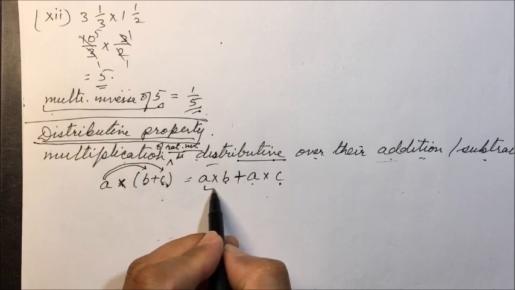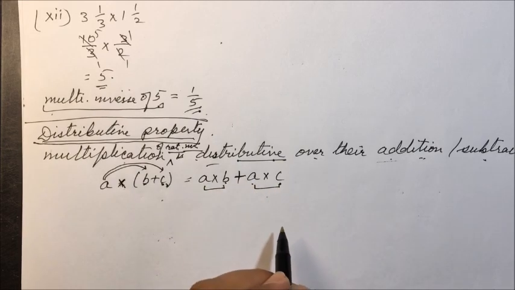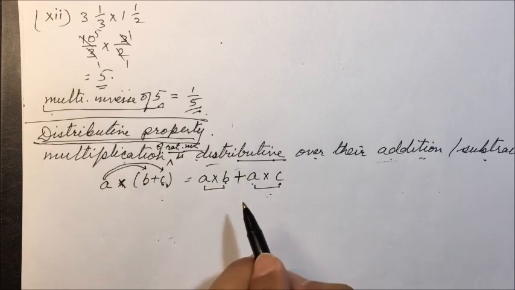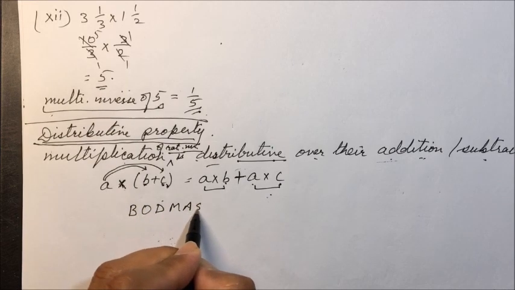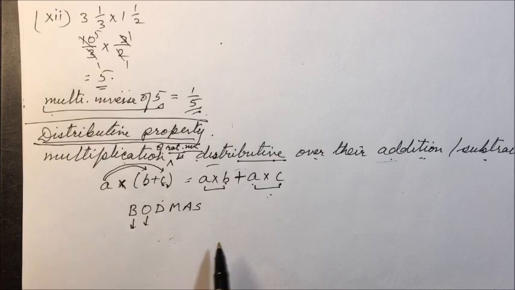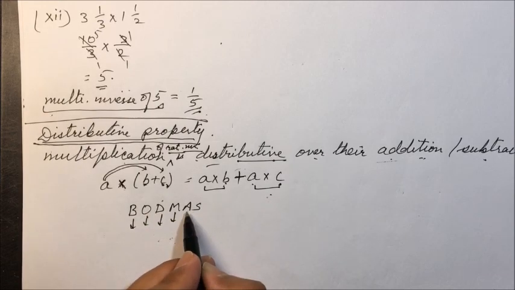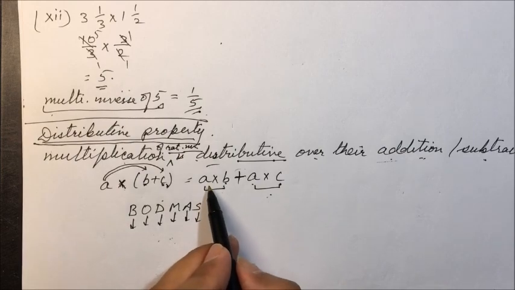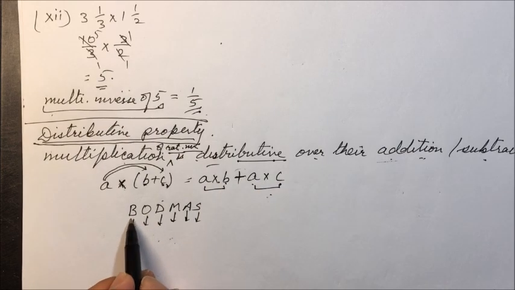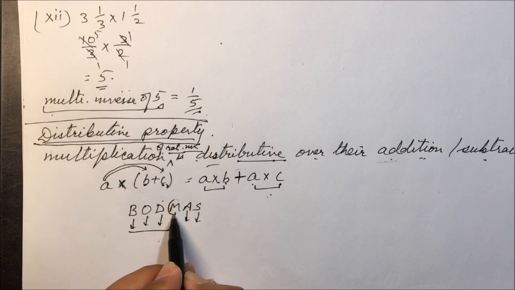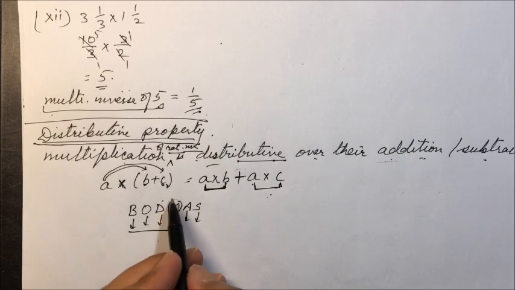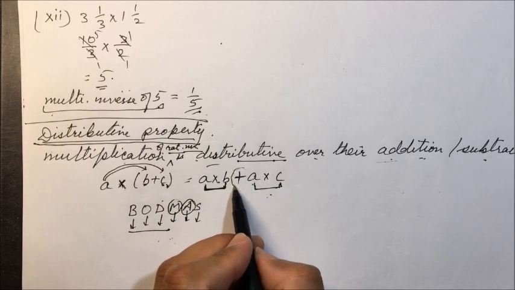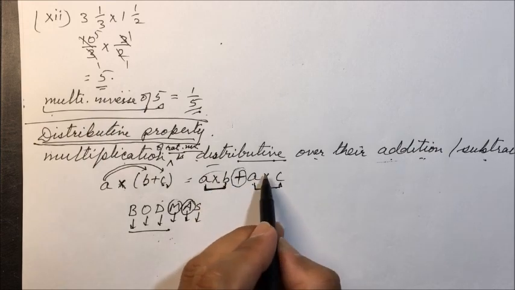First A and B are multiplied, here A and C are multiplied. Whatever results are there, afterwards they are added. Here we will be following BODMAS, always remember: first solve the bracket, next of, then division, then multiplication, then addition, then subtraction. Here we have multiplication and addition only. So first multiplication will take place: we will multiply these two numbers. And now there is addition, so next addition will follow: this result plus this result.